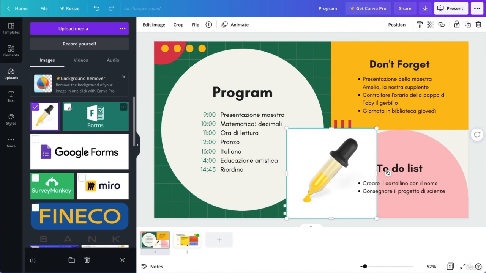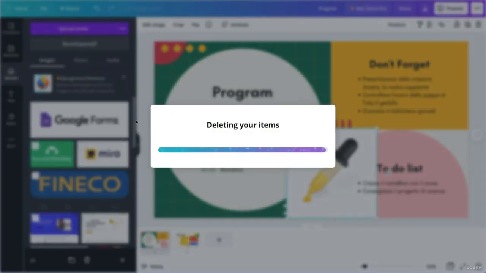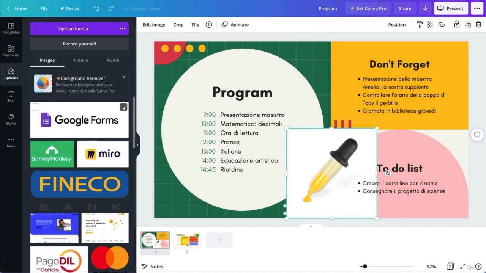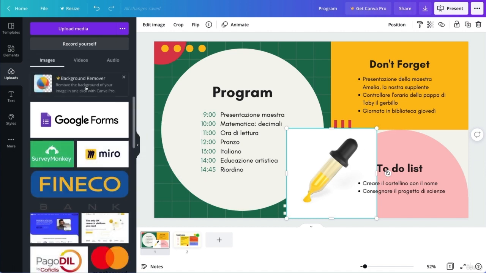You can also box select them, and for example, you can move these to a folder, or you can even delete them so that you won't see them again. So I can do it like that, delete your items. It's just going to take a moment, and as you can see, you can easily delete them. You can also download the original file. So perhaps if you are on another computer and you need the original file, you can easily download it directly from here. And on top of that, if you are a Canva Pro user,